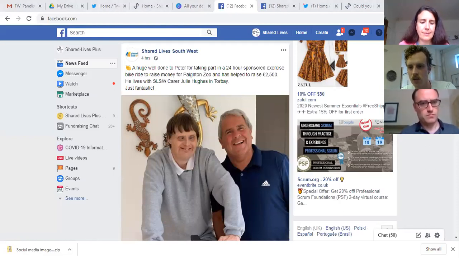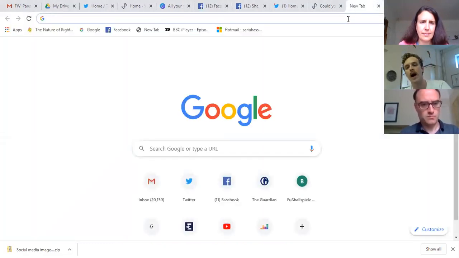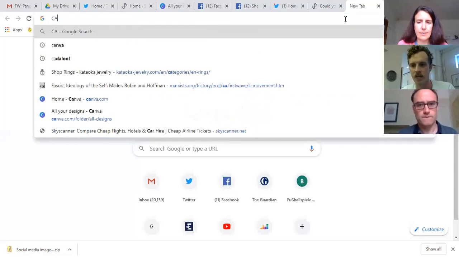This tool is such a lifesaver. It's brilliant. At Shared Lives Plus, we now have an Adobe Creative Suite account, and we've got access to Photoshop and a video editor, and we're slowly trying to build our skills upon that. But before we had that, and to be honest this is still what we use the most, to create images for online.